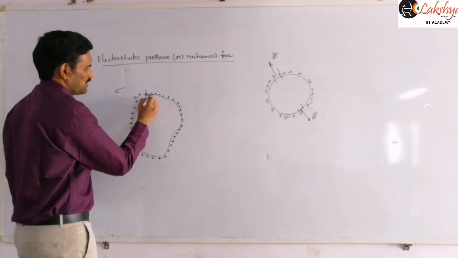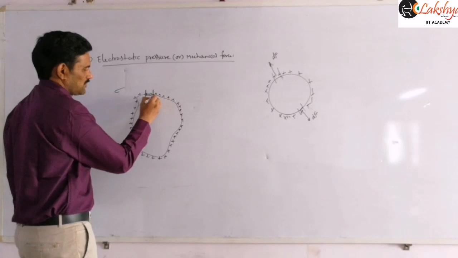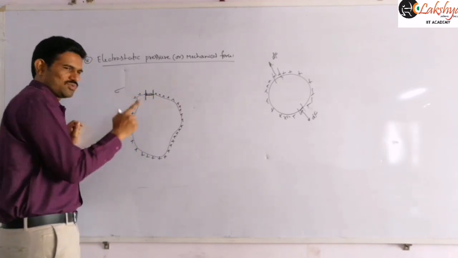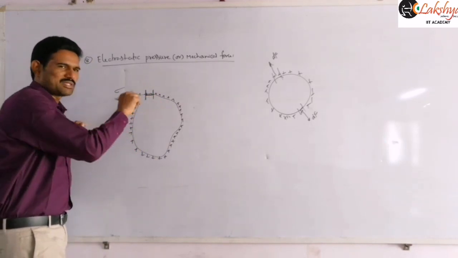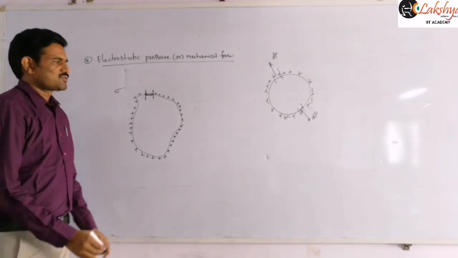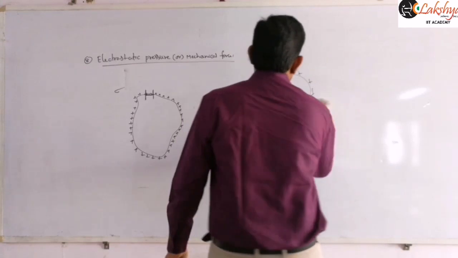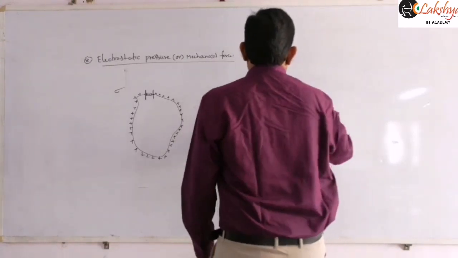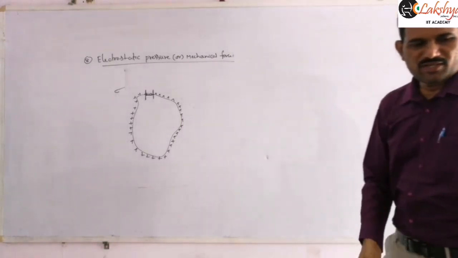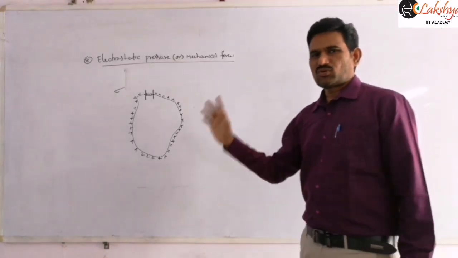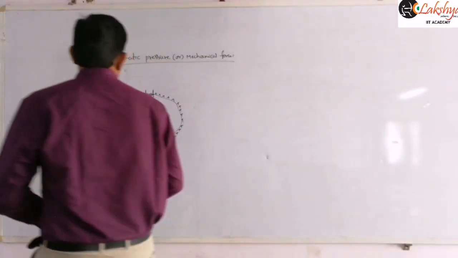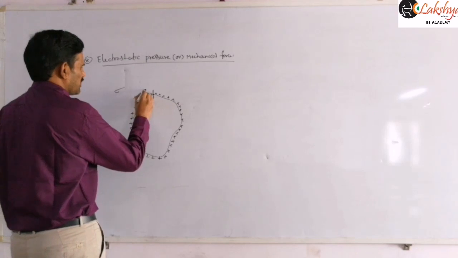Let us take some dA area, right? So this element is one part, the remaining whole object is another part, right? So that means I am taking two parts like that. The total object is divided into two parts: one is a small element of area dA and the remaining is the total object. And so now let us find the electric field at this point here.